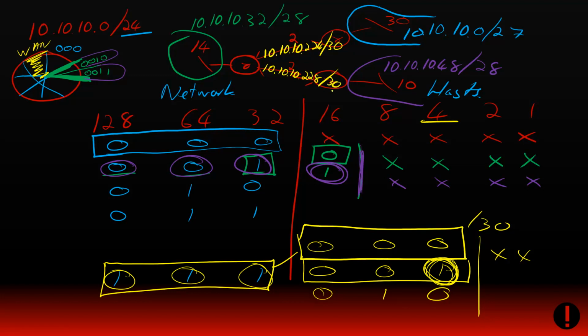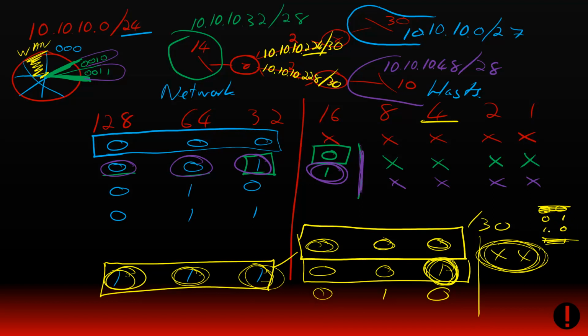Now, I want to bring something to your attention here about these WANs. These WANs actually create 4 IP addresses, right? So if we look at the 224 for a second, 224 was this one: 1, 1, 1, 0, 0, 0. But do you guys agree that there are 2 bits over here? Right? There are 2 bits here that I can manipulate. And these 2 bits could be 0, 0, 0, 1, 1, 0, 1, 1. So 4 possible combinations. But the rule was always that we cannot use the first, because that's the name of the network. And we cannot use the last, because that's the broadcast address,